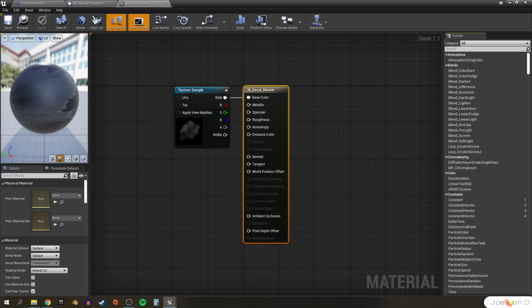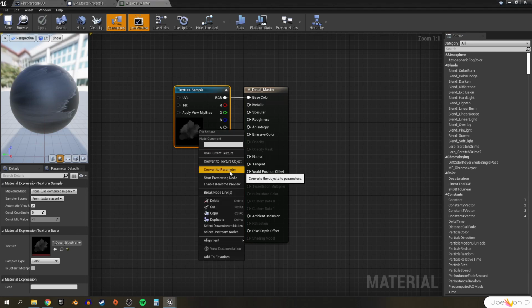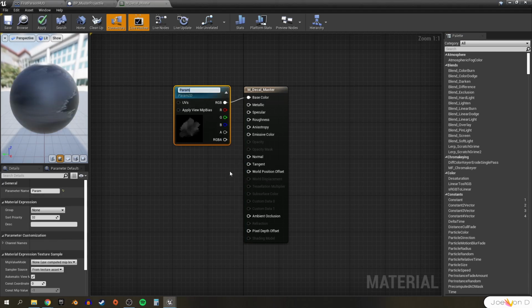Like I said in the last video, materials can really be their own series of videos. We're only going to plug in one texture and change a few properties in the details panel. Since we've created this material from a texture, we can already see that texture here in the graph, but let's right click on it and convert it into a parameter. Converting it into a parameter, once again, allows us to easily change it whenever we make material instances, because we can override the parameters. We'll call this parameter base texture.